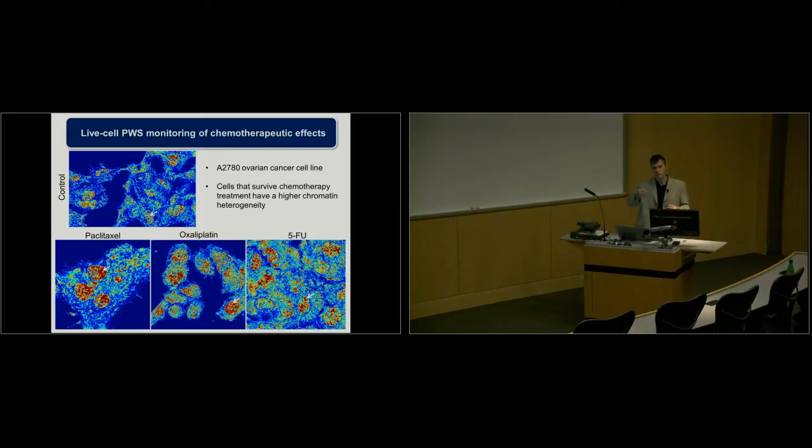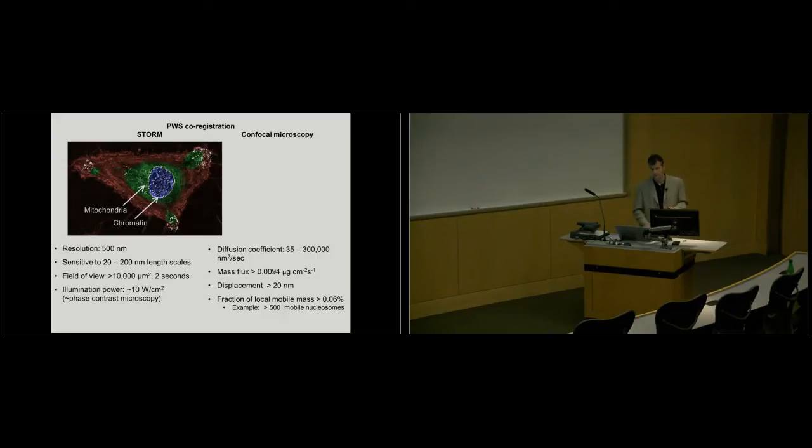You can look at individual cells and see how chromatin changes, as shown here. For example, cells with more heterogeneous, more compacted chromatin tend to survive chemotherapies versus the cells with a more homogeneously distributed chromatin. You can co-register PWS with techniques such as,